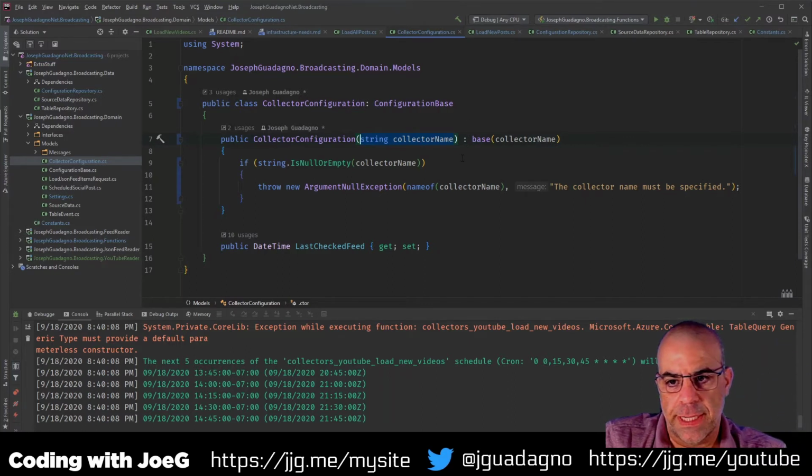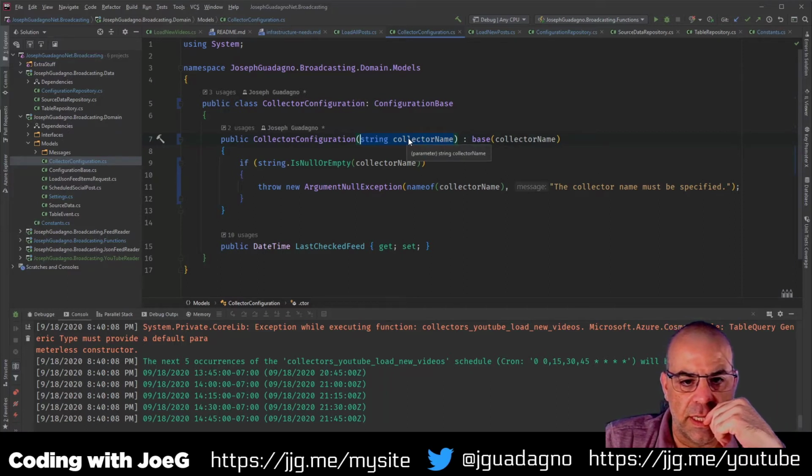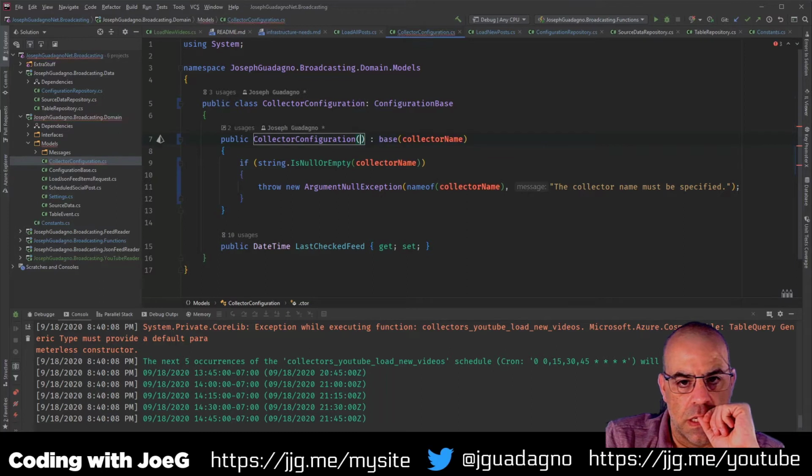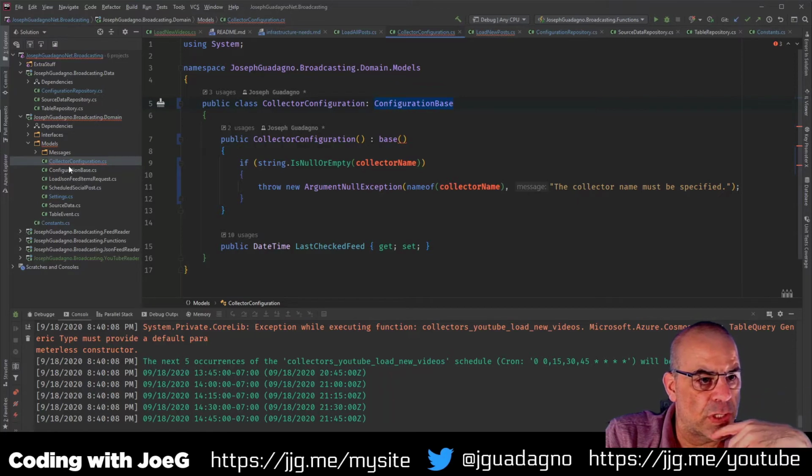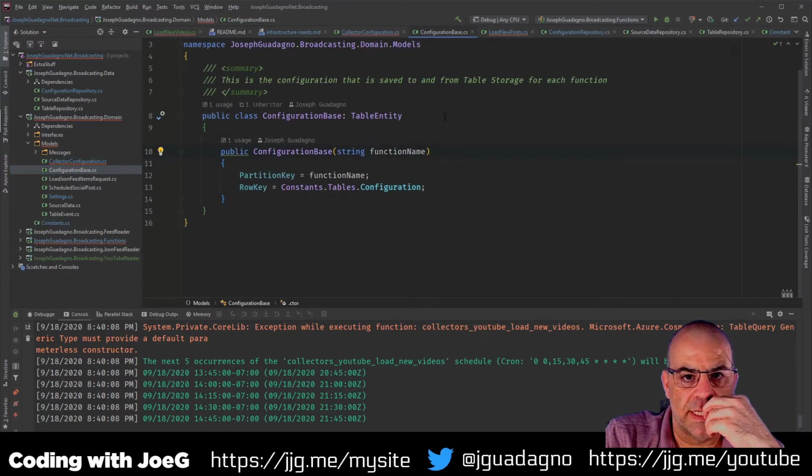So this should be passed in. This is the one that broke. I technically don't want the collector name. This should be base, because this is a configuration base. So let's check out configuration base.